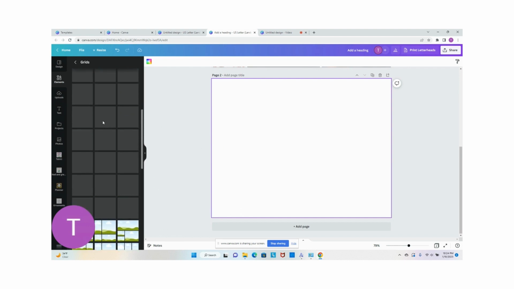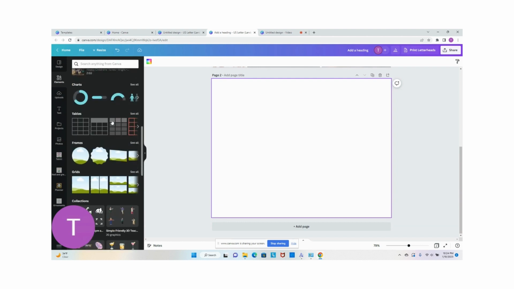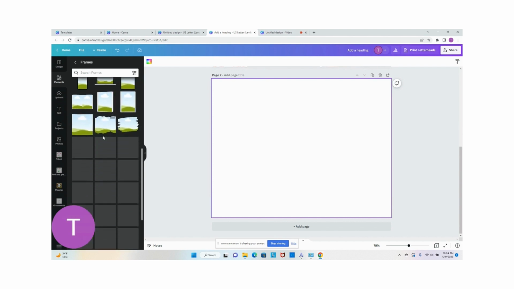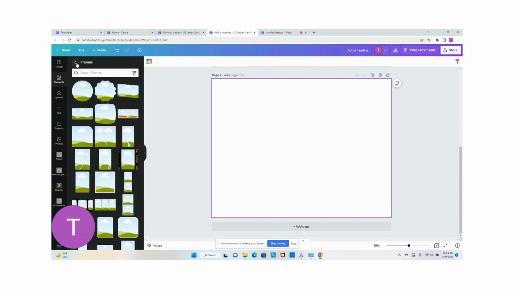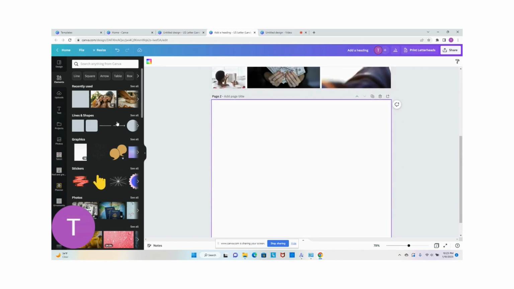Okay, the other way that you can do it is we can go up to frames, and frames is where you can actually do it by individual element. So one element at a time. The vision board that I already created is kind of a combination of the two. So now we're going to go back down to grids,